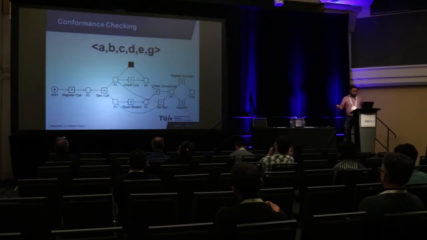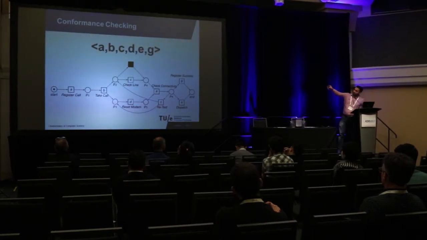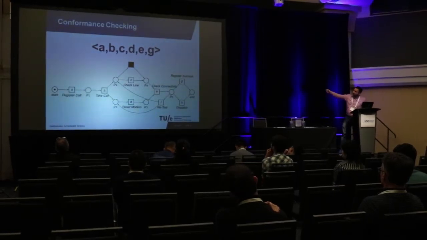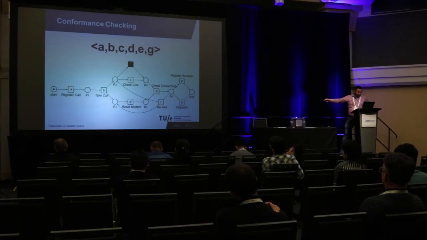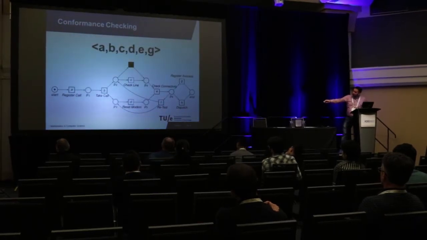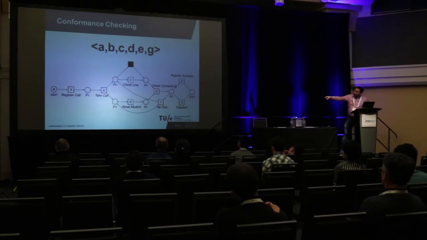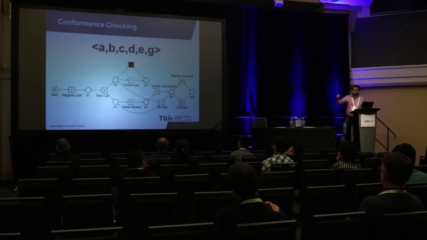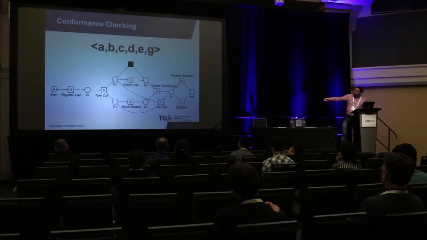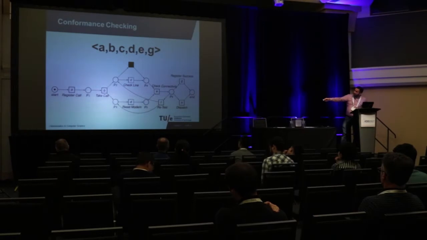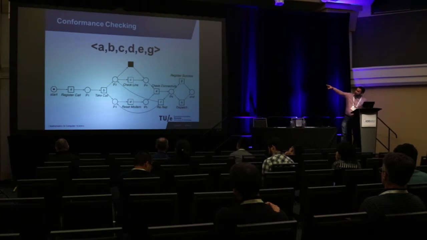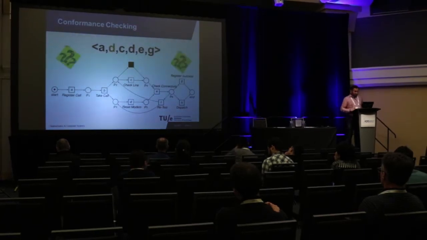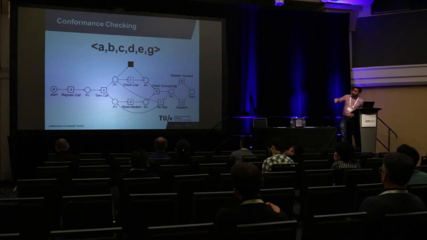And this can be simply done by starting from the start and observing whether this is following exactly the model. So we have A, and then we have B here, so taking the call, and then we have the concurrency. That means C and D can be done in any order. So we have C, D in the event log, so that's fine. And then we have checking the connectivity, E, and then one of the three choices, so either G or H or F, can be taken. So we have in the log file G,